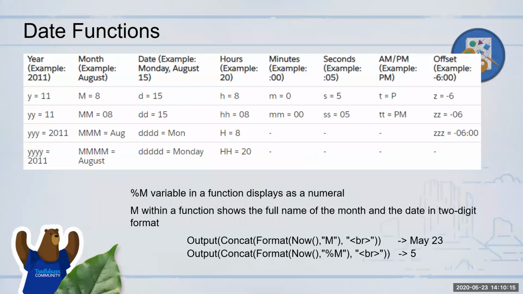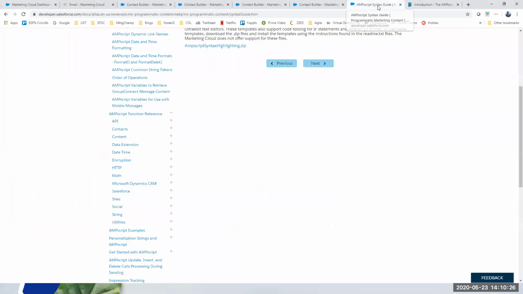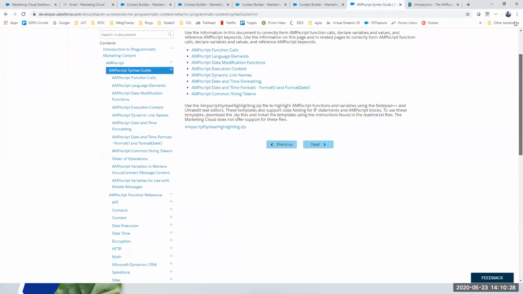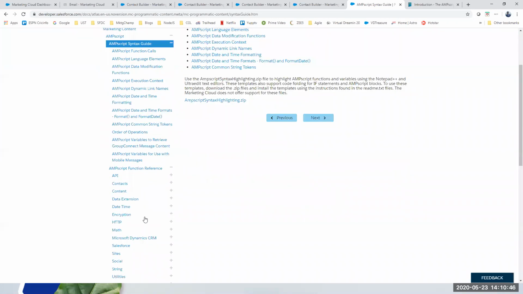You can look at the documentation. So whenever I show you some of these examples, let me go back here 1 second. So there are two references that you need to know. Okay, so one is your Salesforce documentation, which is, if you go check AMPscript Marketing Cloud documentation, it will give you the entire programmatic content on AMPscript. It also has server-side JavaScript and a few other programming languages, GTL and all that. But AMPscript, you will find most of the references here.